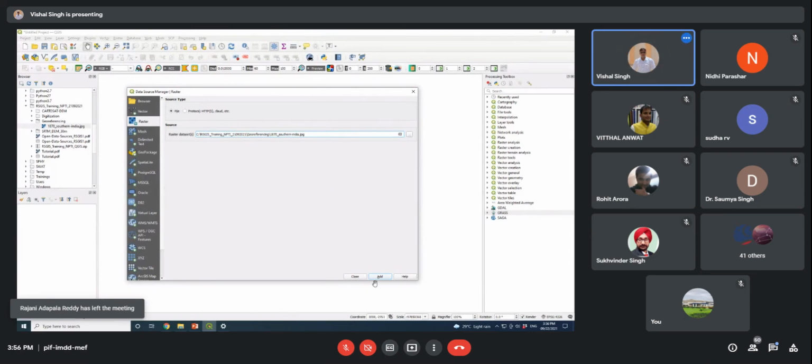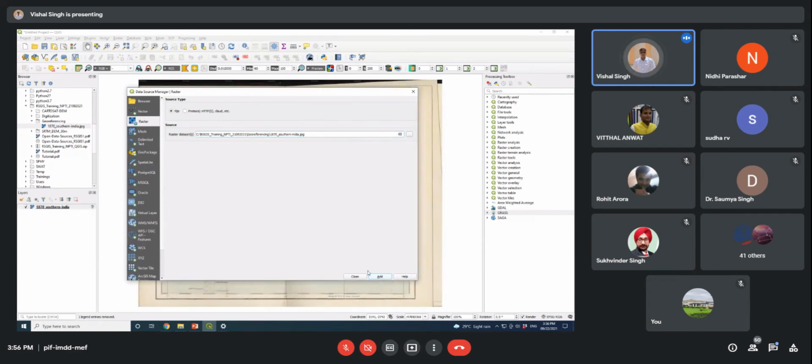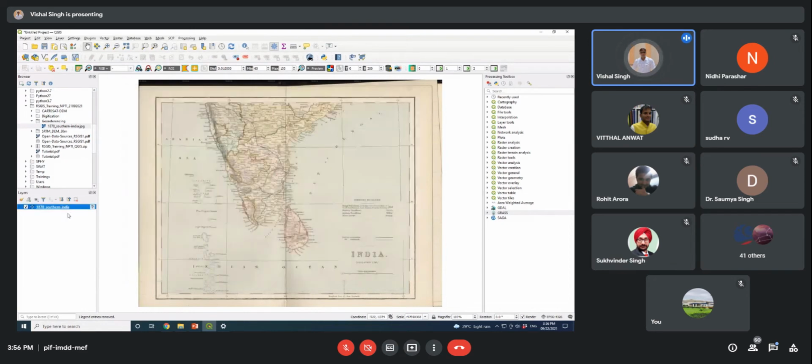After that, if you move towards the bottom panel, you can see three options: close, add, and help. Click on the add button and then close it. Now you can see that your raster map has been added like this.